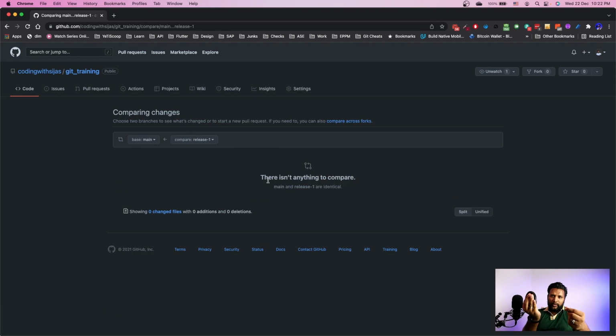So what you need to do here is merge the main branch into release 1, so that you bring that state to one single level, along with the additional code of your other colleague. With this change, you can now create a pull request and merge it. With this, you can avoid a lot of conflicts. I hope you have a better clarity on Git.